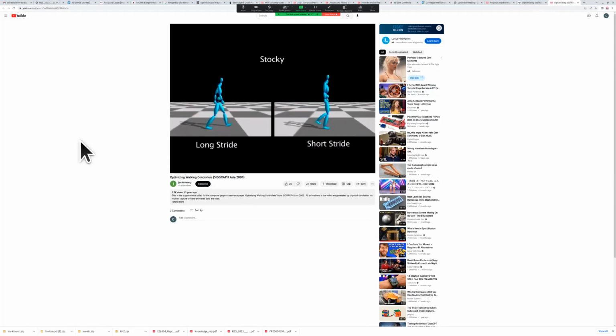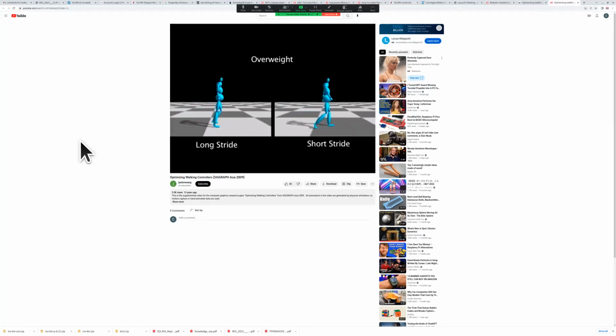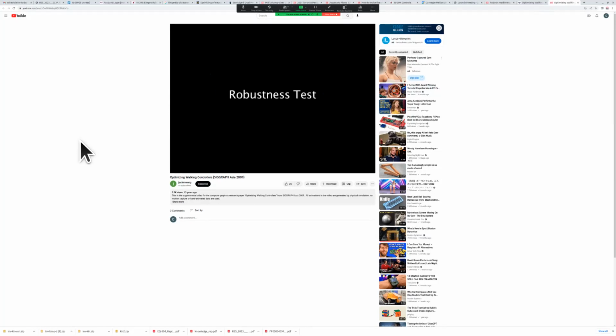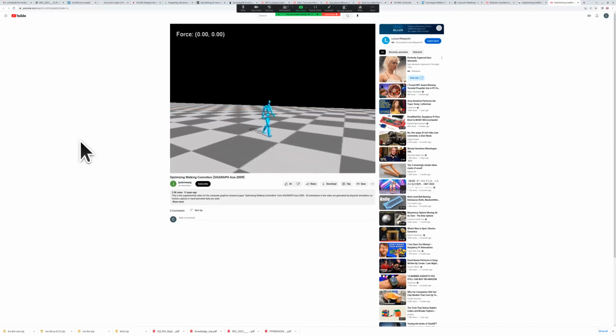I'll call those thick people. And back to the gorilla. All right. So another thing you can do is during the trials you're optimizing, you can push on the thing. And these red laser beams indicate pushes in various directions.